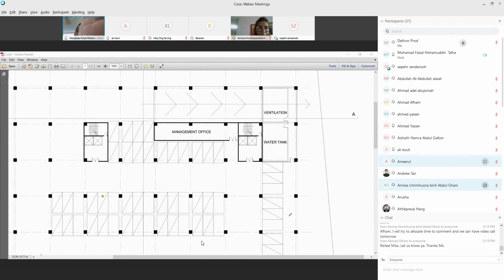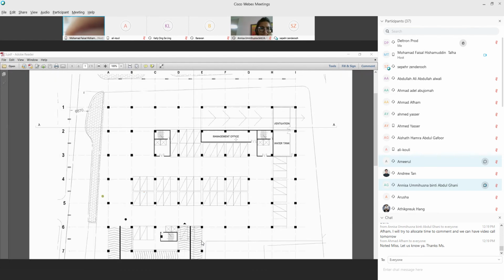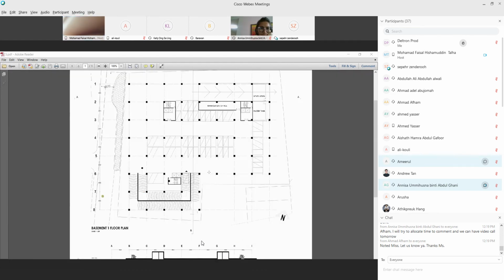Okay. So you need to adjust your grid first, and then can we have a look back at your ground floor? Can you zoom out? Stop. Alright, so you need to draw the walls, and then this ramp here, is this a wall?